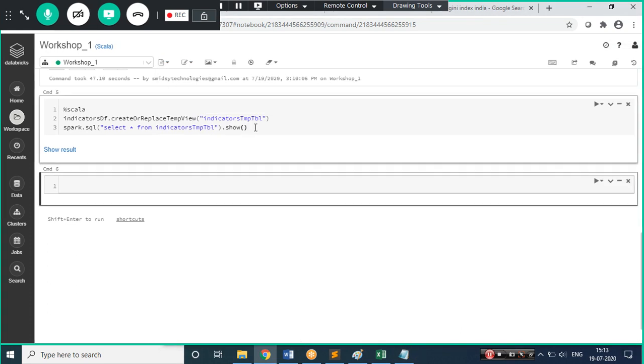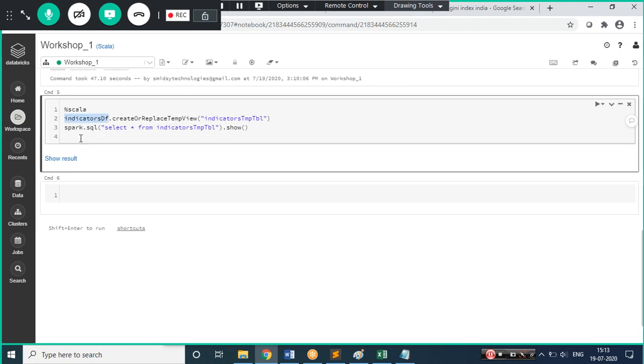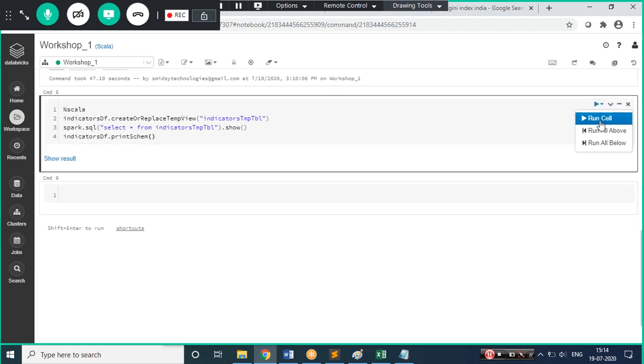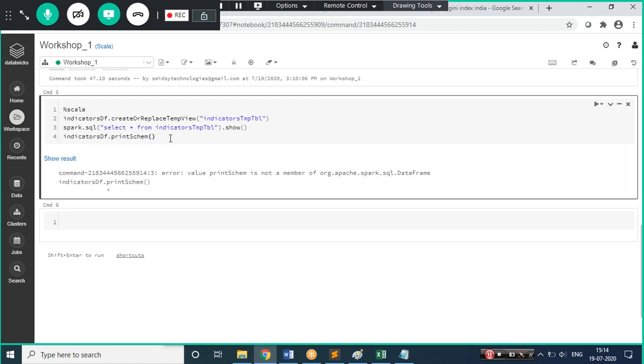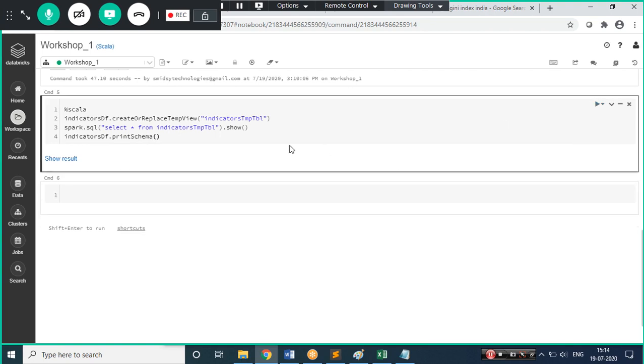Okay, and I need to see the schema for this as well, because while writing the code I need to find out my column names. That will be required because I'll have to join two tables.